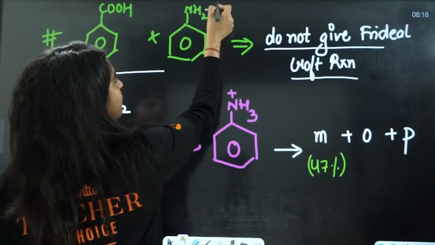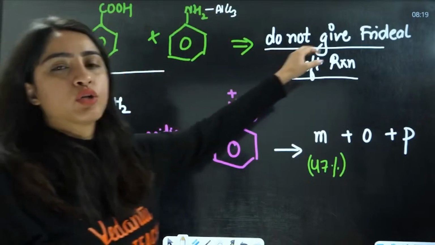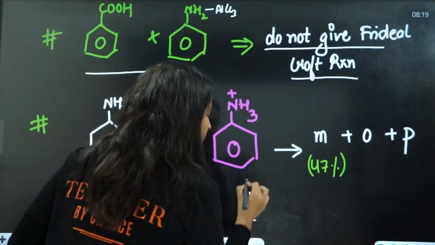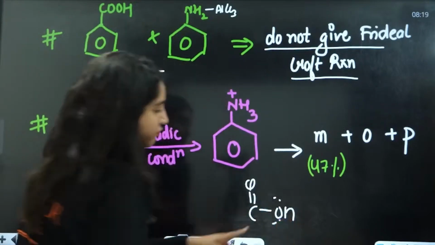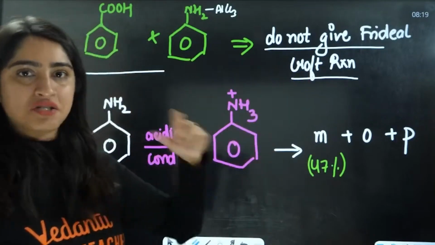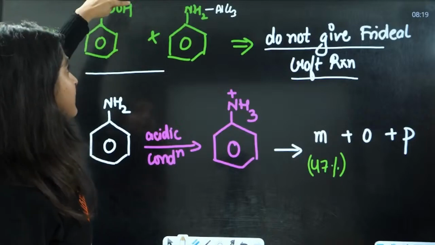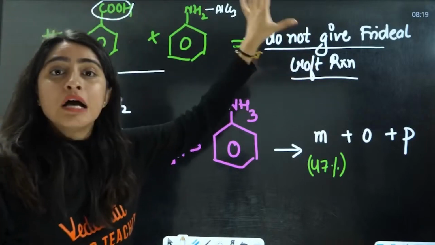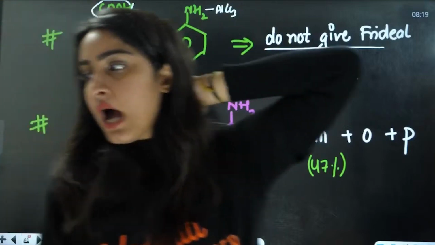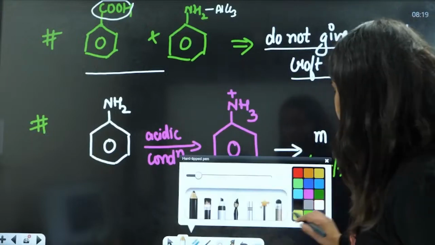The acid will be attached here, not here. It will not take out the electrophile here. Also in this case, you have C double bond OH, with these two lone pairs. Because of the lone pairs, it is not showing the Friedel-Crafts reaction. The compound is electron rich, so in Friedel-Crafts the Lewis acid is going to attack here. Yes, understood this?